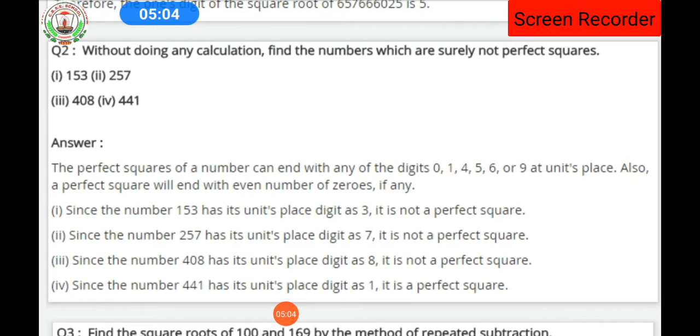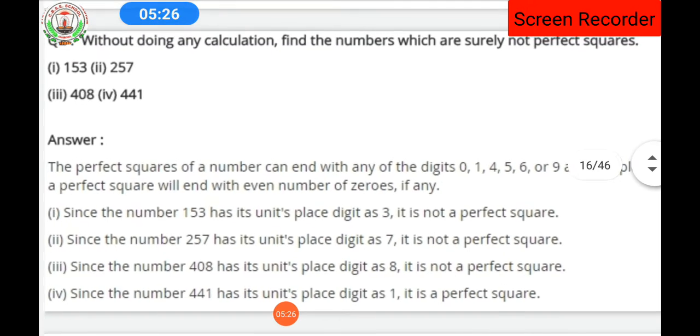Ends with means its unit place value. If a number's ones place value is 0, 1, 4, 5, 6 or 9, then that number may be a perfect square. Also we can say that a perfect square will end with an even number of zeros. So how do we say that? Here suppose we are having the number